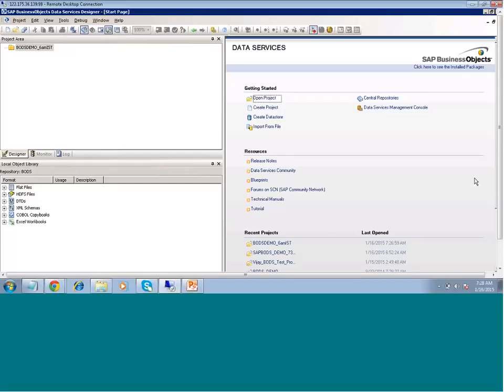Almost 95% of companies will use BODS as a batch job, but not in real time. Real time means it will only look up and tell you the status. It simply depends upon the request and the response. That's it. When I say request, if I give any material ID in my enterprise portal,